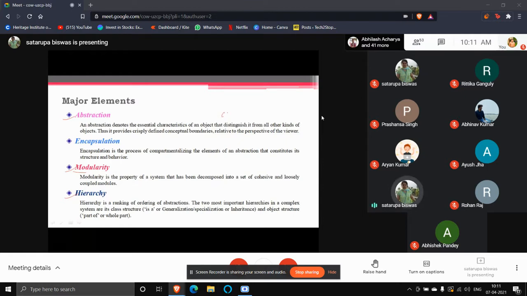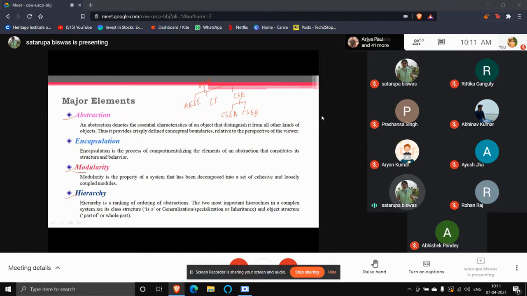Like in the previous class, we discussed how CSE-A and CSE-B databases are made, which are clubbed together to make the database of the CSE department. And individually, you have driven the IT department database as well as the AEIE department database. And when you are clubbing all of them together, you are going to get the HITK database. So this is the hierarchy you are maintaining over there. And these small things, this AEIE module, this IT module, these CSE-A and CSE-B modules, these are the modularity.